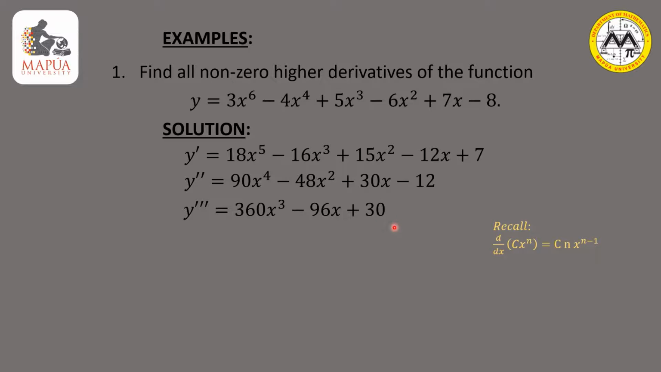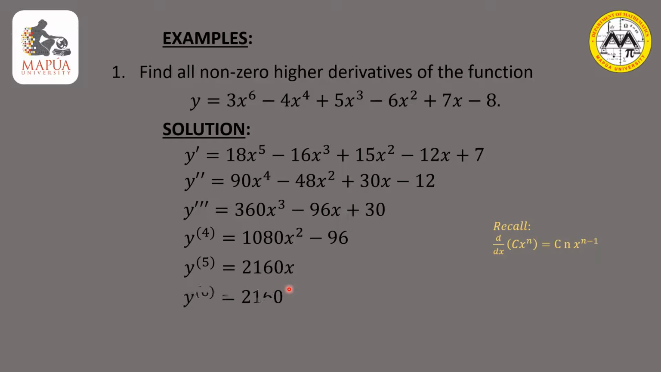And since this is not equal to 0, we continue and work on the fourth derivative of y with respect to x, differentiating the third derivative. And the derivative of this thing with respect to x would just be 1080x squared minus 96. And on that basis, we work on the fifth derivative to be given by